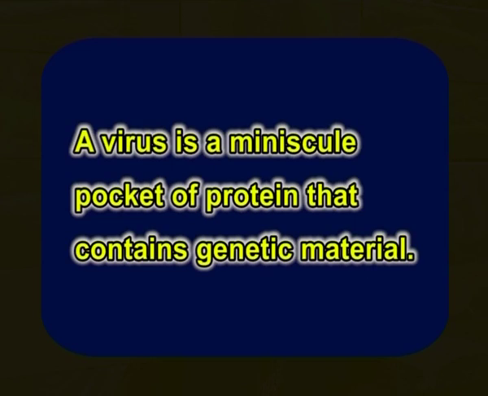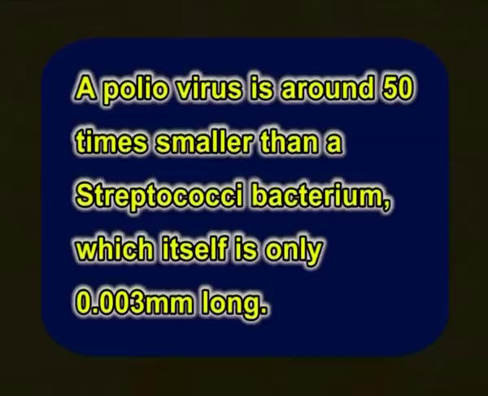Virus types. Let's see what kind of virus types are present. A virus is a minuscule pocket of protein that contains genetic material. If you place a virus next to a bacterium, the virus would be dwarfed. For example, a poliovirus is around 50 times smaller than a streptococci bacterium, which itself is only 0.003 mm long. Viruses can be described as either RNA or DNA viruses according to which type of nucleic acid forms their core. The four main types of viruses include